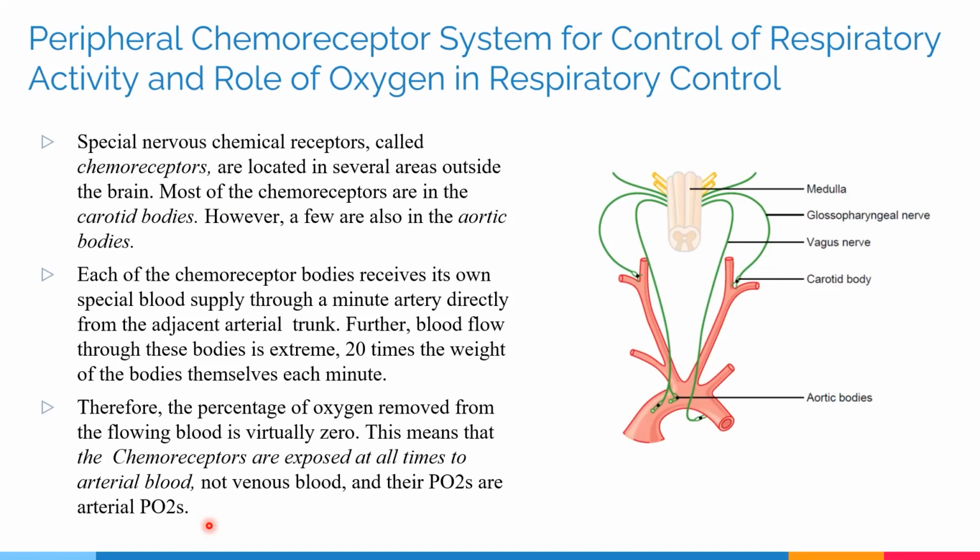And thus, when the carotid bodies or the aortic bodies detect the concentration of oxygen present in the blood, they are detecting the arterial concentration and not the venous concentration that would have been measured if the blood flow weren't this extreme, causing the blood nutrients to undergo exchange with nearby tissues, and thus lowering the actual concentration of oxygen that is actually being pumped by the heart.